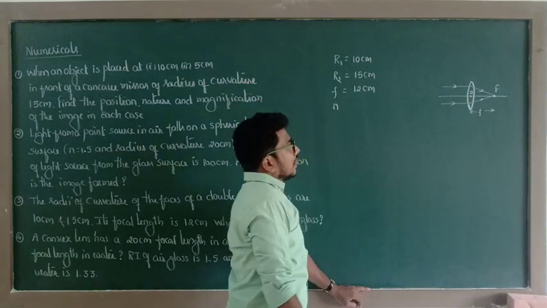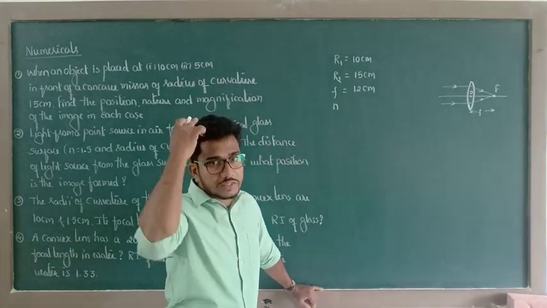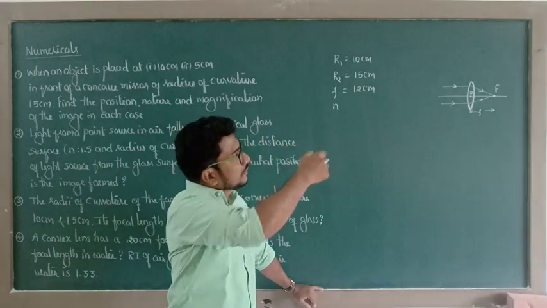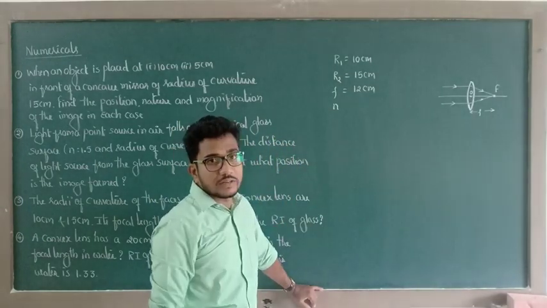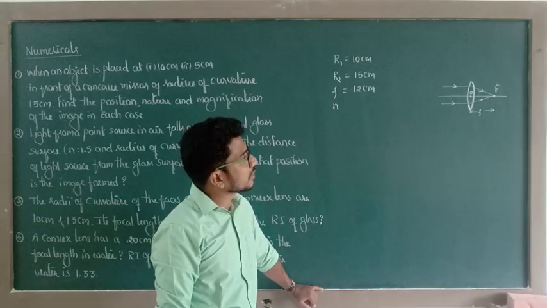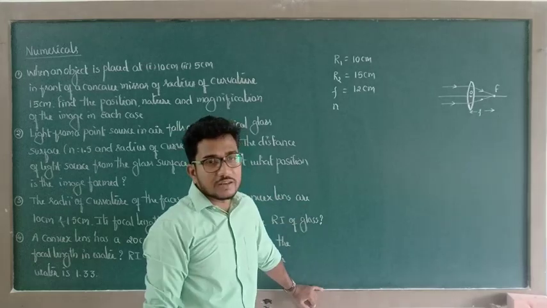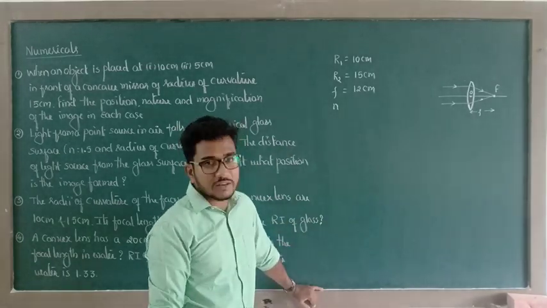Also we know that there are two principal foci in the case of a convex lens. If the direction of the light beam is right to left, then after refraction the corresponding refracted light rays are going to meet at a point on the left side of the convex lens. Again we will get a focal length in terms of positive sign.